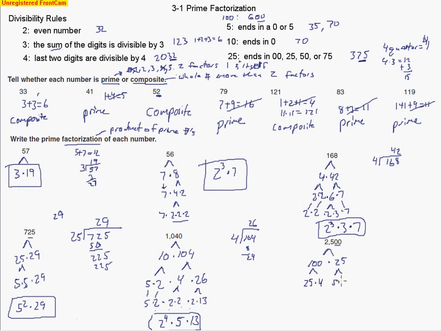And 25 and 25, well, 25 would be 5 times 5. So we just break down the 5s, or the 25s a little bit more. 25 would be 5 times 5 again. 4 would be 2 times 2, and then we'll just bring down these other 2 5s. And so let's count them up. We got 2 2's, and we have 4 5's being multiplied together. So those are the